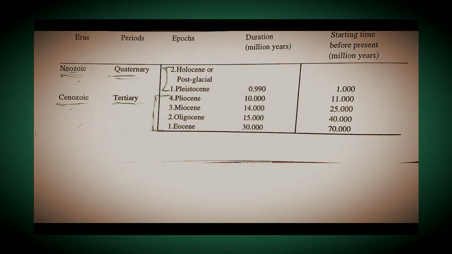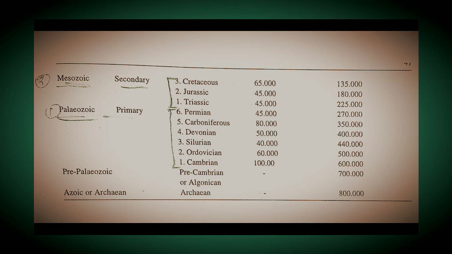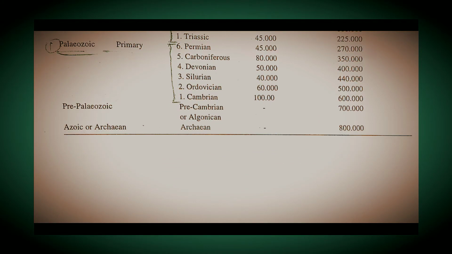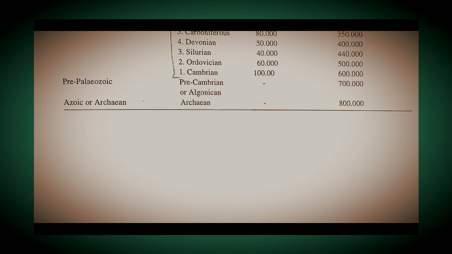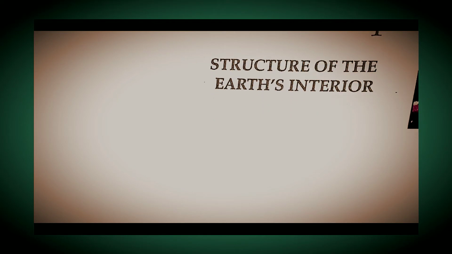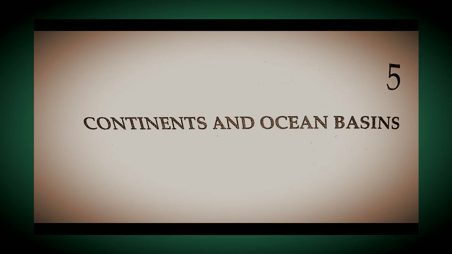So these are the movements. Different movements occurred in the geological history of the earth, like in the Cretaceous, Jurassic, Triassic, and movements like Permian, Hercynian, Caledonian. So different movements are important, and features associated with all eras and periods are very important. Focus on all these points. In the next chapter, chapter number 4, cover only the interior of the earth, classification based on chemical and mechanical classification, and different discontinuities. You have to focus on these two topics only, not all of the topics mentioned in the book.